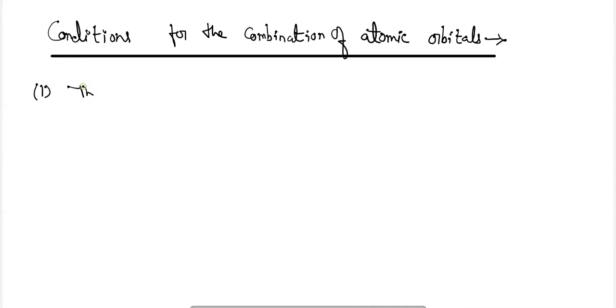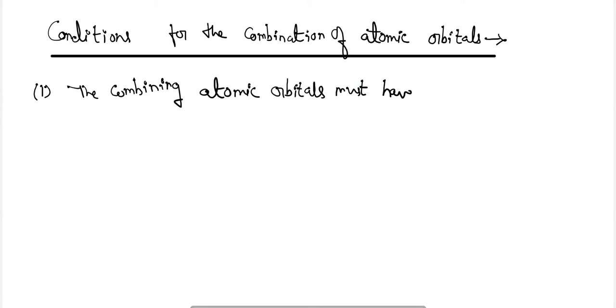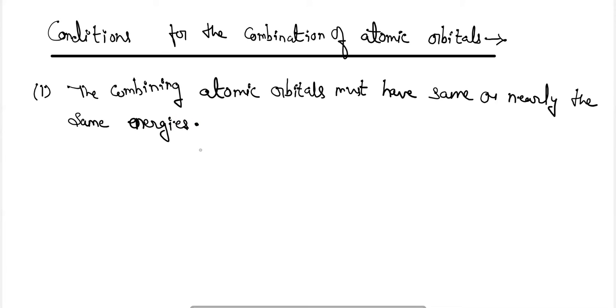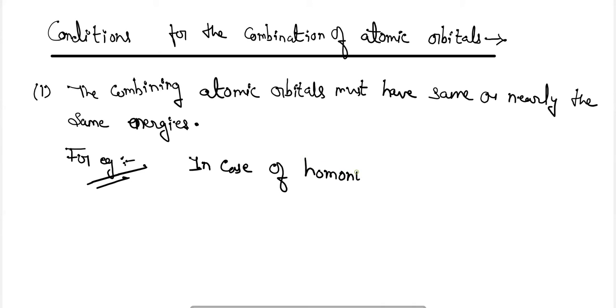In that, the first is the combining atomic orbitals must have same or nearly the same energies. Okay, it means that, for example, in case of homonuclear diatomic molecules,